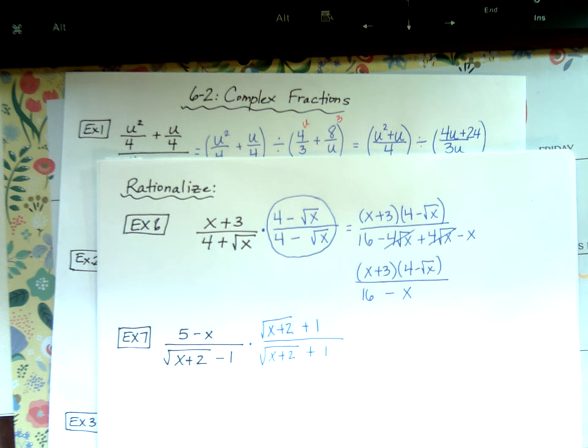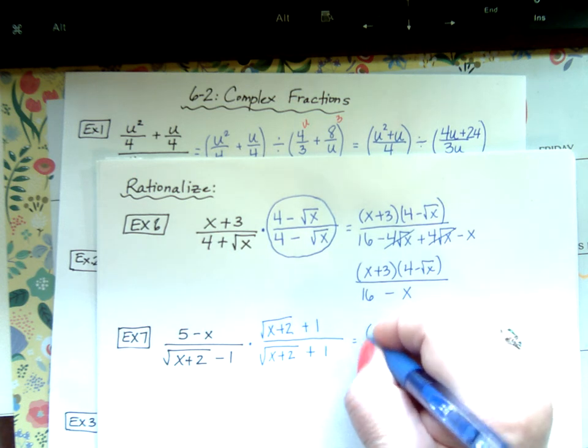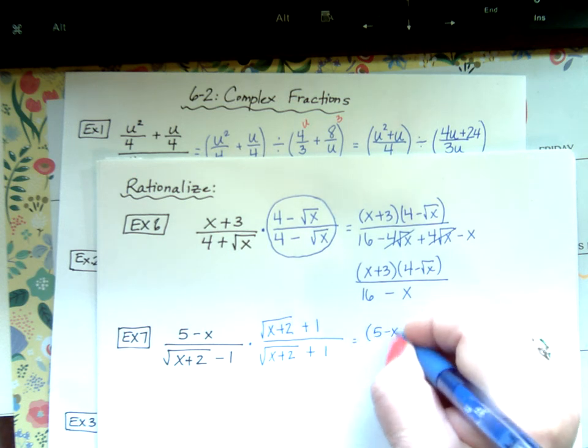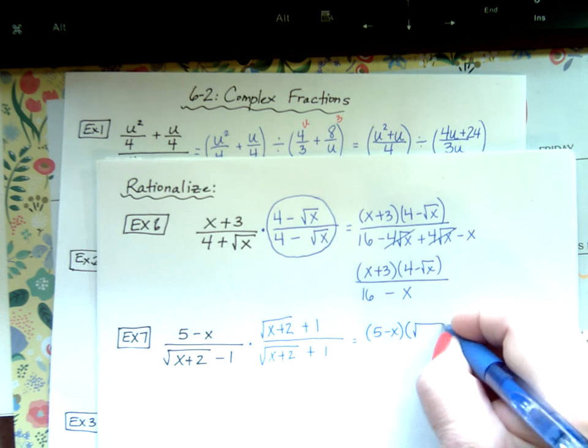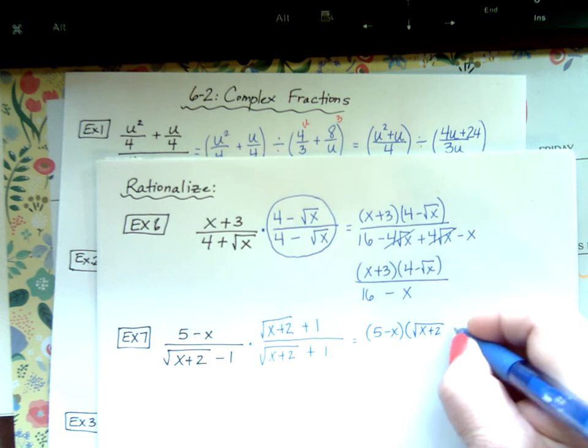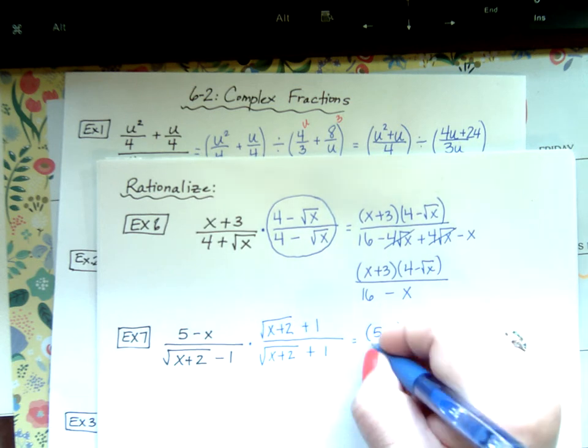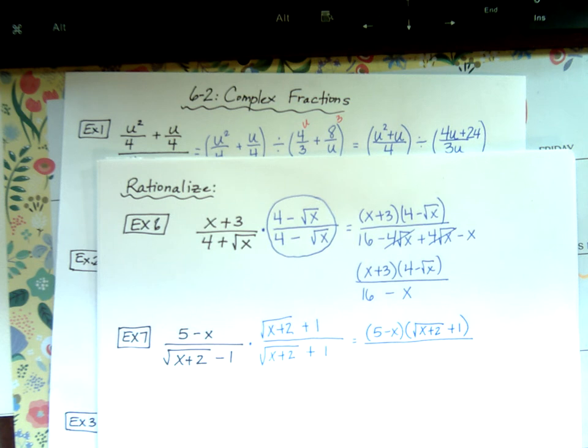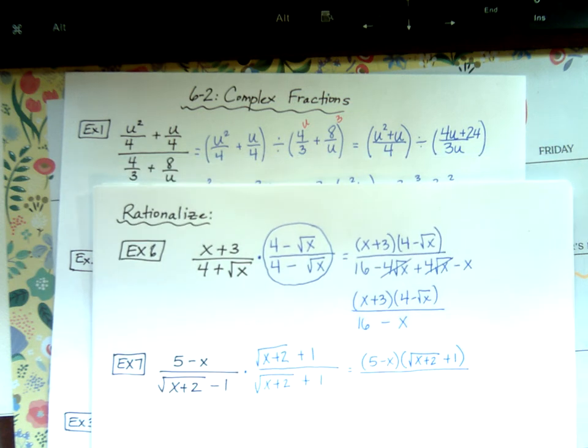And then here I go. I'm just going to put this, my numerator is the sweetest part, 5 minus x, square root of x plus 2 plus 1 outside. There it is, numerator done. Now, let me go back up to example 6 just for a second before I start FOILing this denominator, because